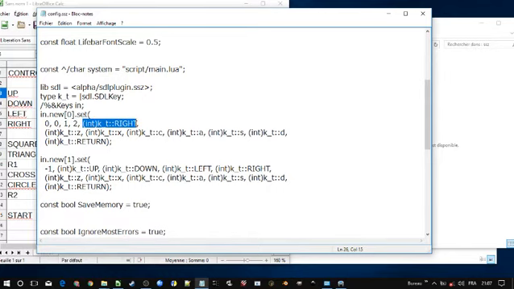Okay, we have our 4 directions. I just put some random numbers just to start somewhere. We need to start somewhere. So 5, 6, 7, no, not 7, 8, 9,